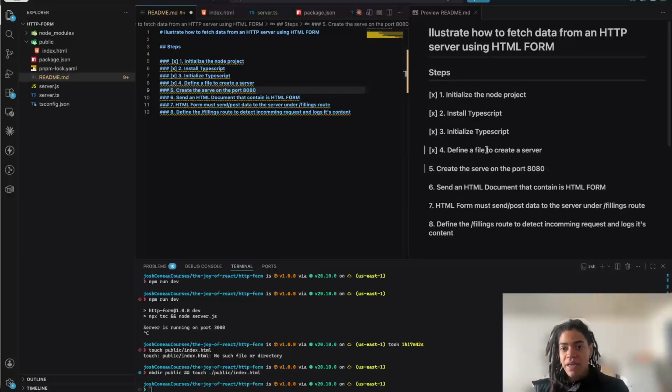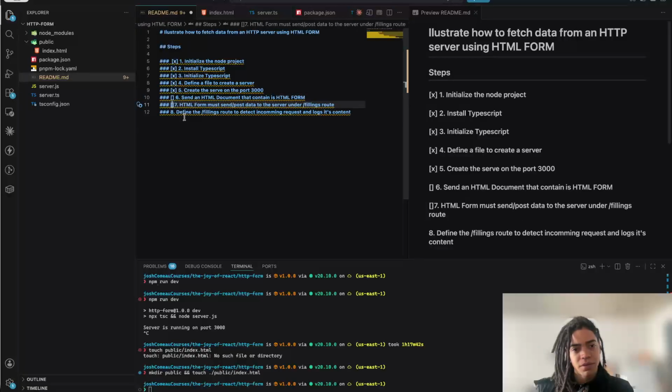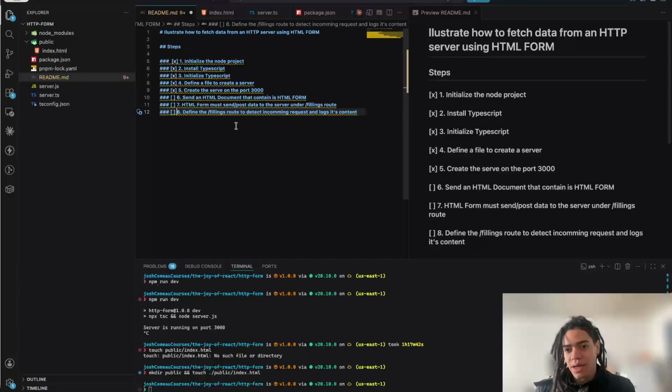So I already defined it, well, I already initialized TypeScript. I defined a file to create a server. I create a server on the port, in this case 3000, and then I'm going to send a document here, right? Similar for this, right? Yep, similar for this. I'm going to create now a document here, and let me also initialize git,